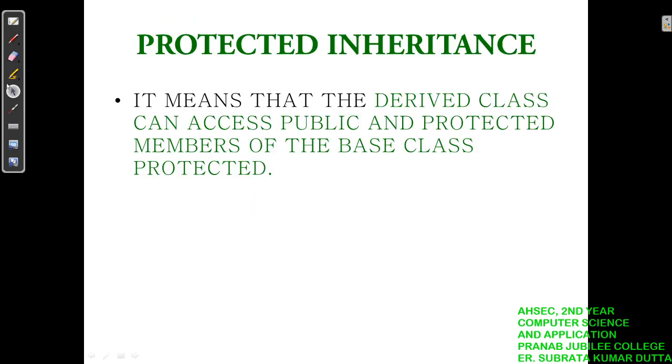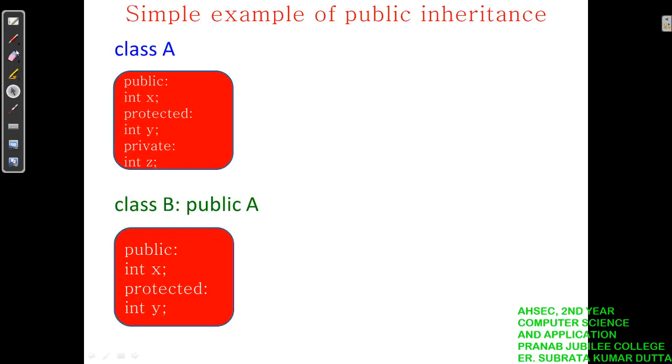Say class A I have taken. Okay, in class A, int x, this data member is public. Okay, public access specifier. y data member is protected access specifier, and z has the access specifier private. Okay, now I am creating a new class, that is B, and inheriting class A